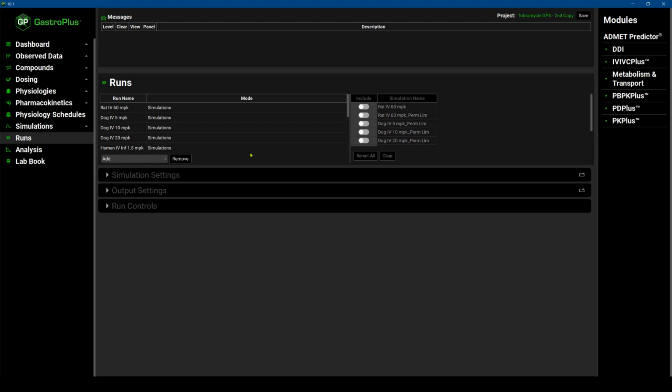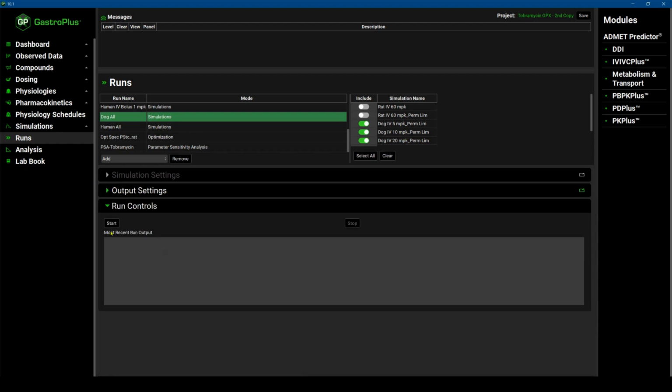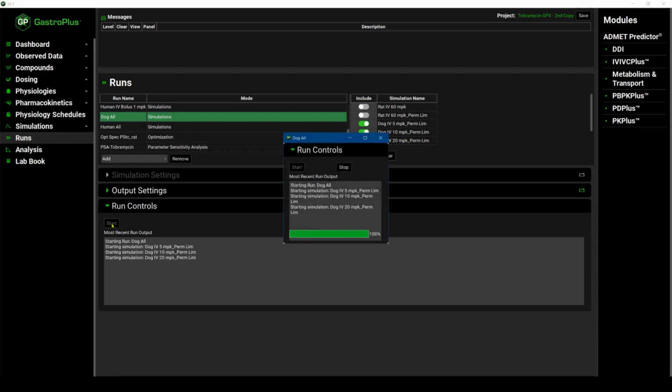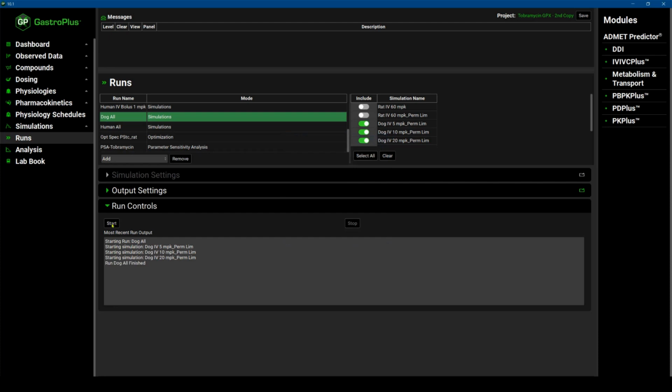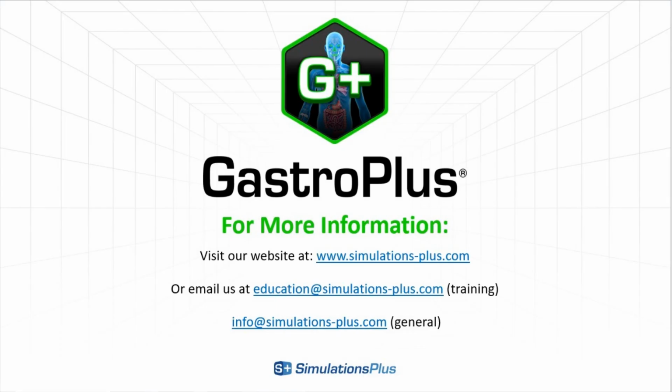On the right side, you again have the simulation names, but here you can group the simulations. So for example, if I want to show all the dogs in the same plot, I would choose dog all and select all 3 doses. And now I can just run the simulation for all 3 dogs at the same time. So you can see I can create a plot for just the dog with all the doses, and that's